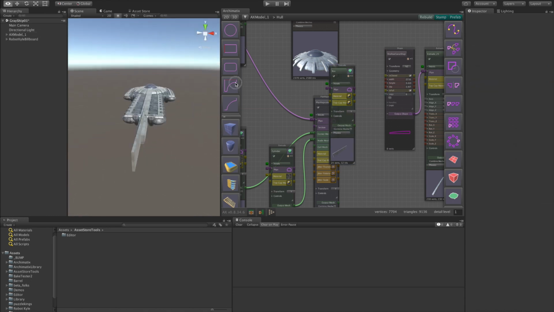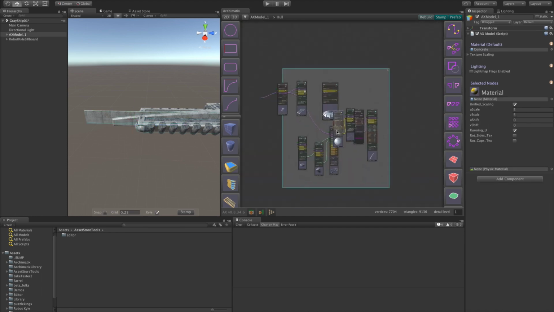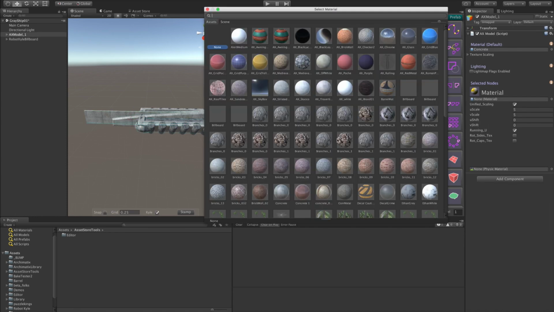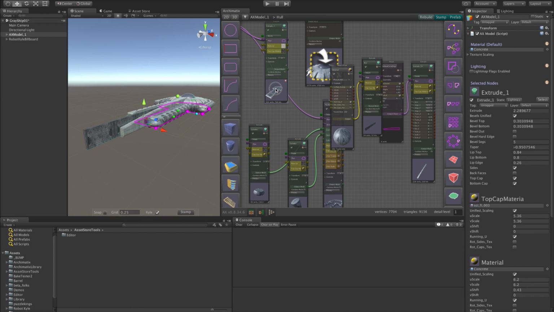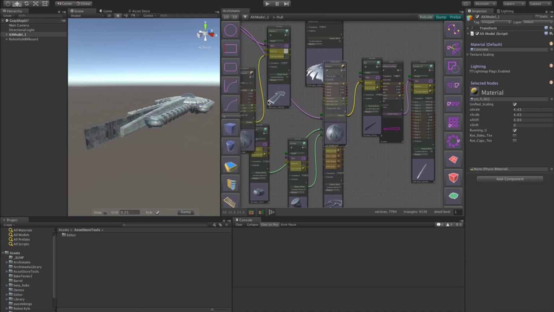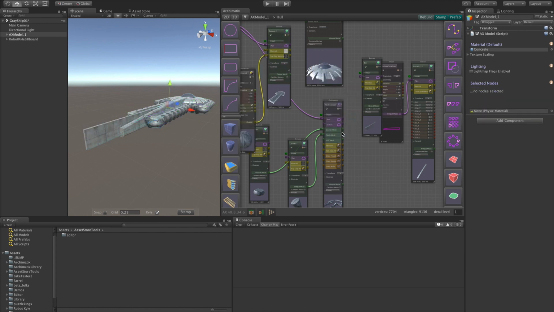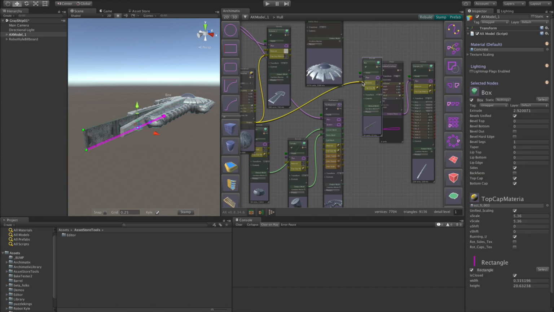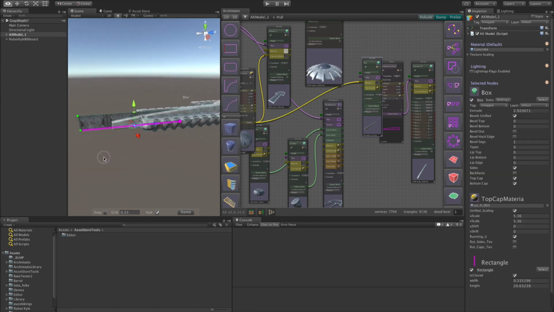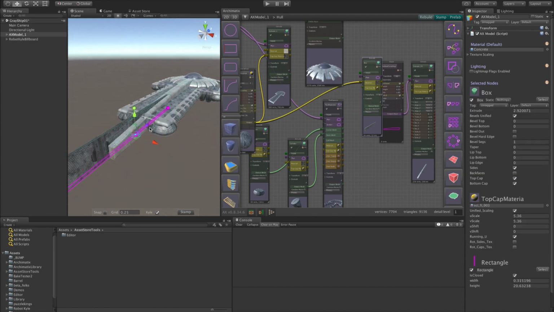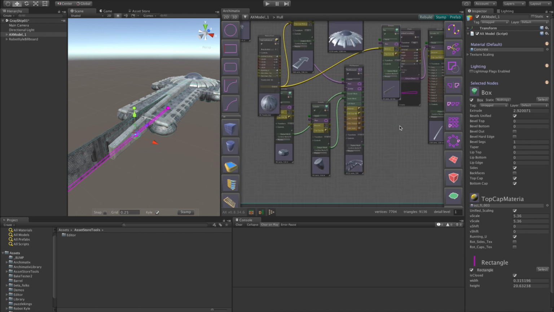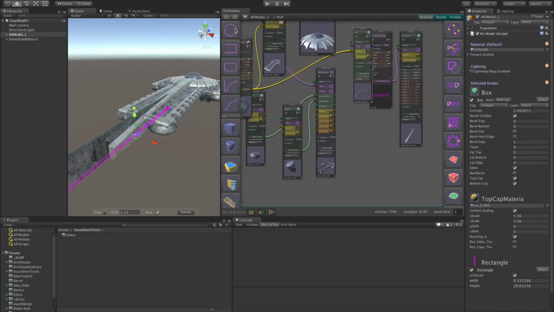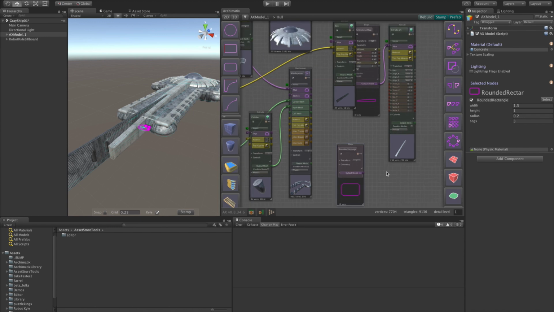And let's give it that sci-fi material. It's nice to have a two-tone effect going on between the concrete and the sci-fi. Alternatively, we can open up the material node from the hull and delete that node and just connect this to reuse that material. To add a ring shape under the back of the ship, let's use a rounded rectangle and